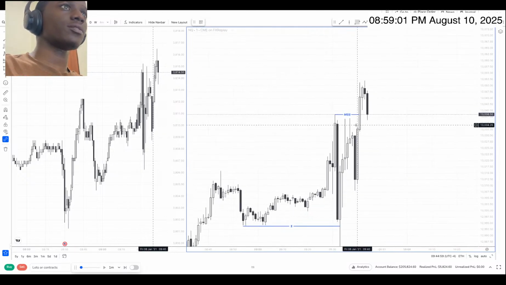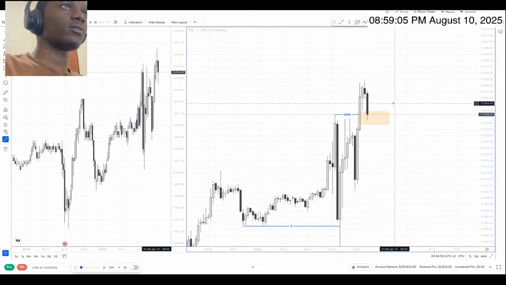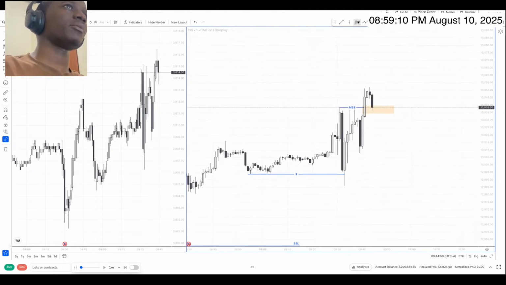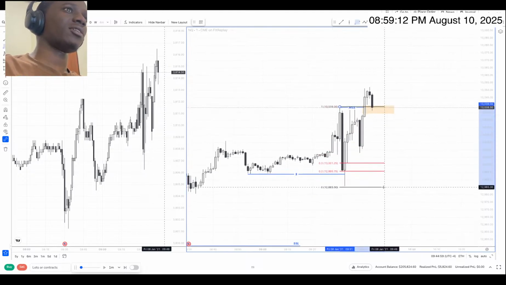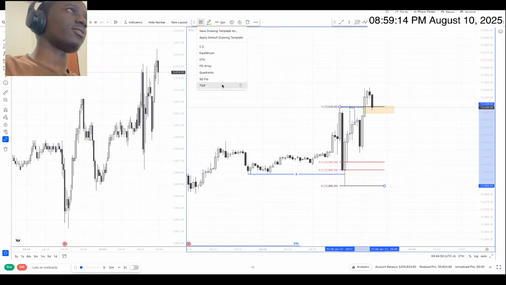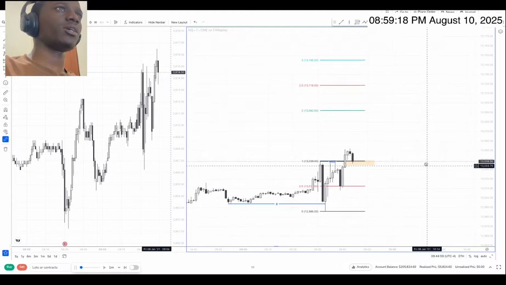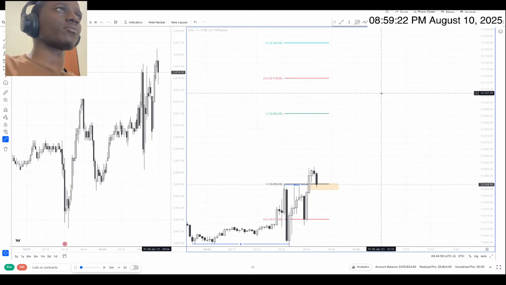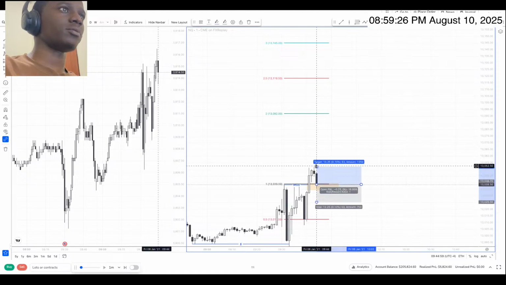And there is this nice fair value gap. So if I take this entry, it will be a short term, maybe for the morning session only. And let's see if we can have a standard deviation projection here. So this will be the target, 2 to 2.5 or 3. That's pretty much it. Entry here, take profit there,